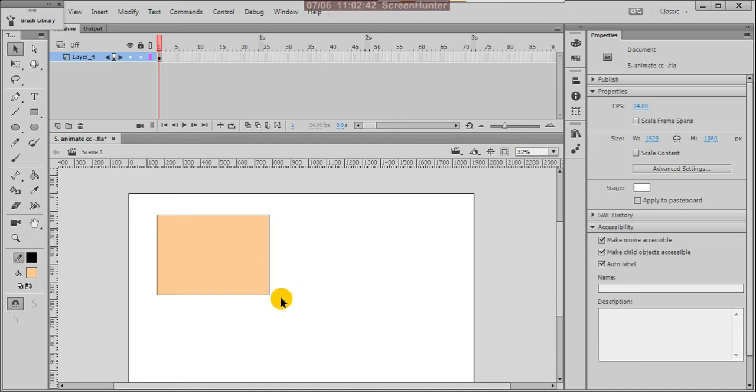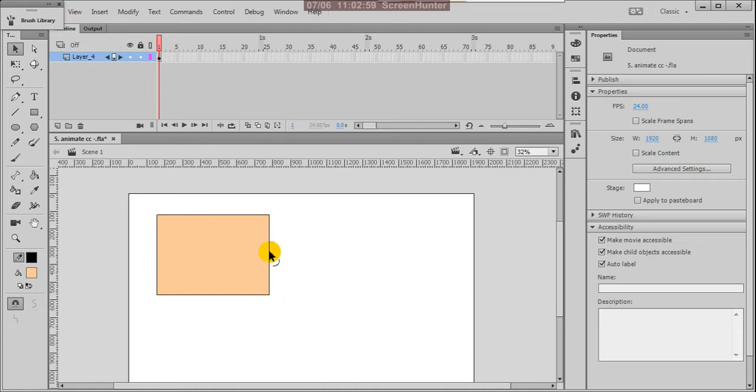Here at the corner, it shows a small square box. Here it shows curviness; you can move it and you'll get the curve.